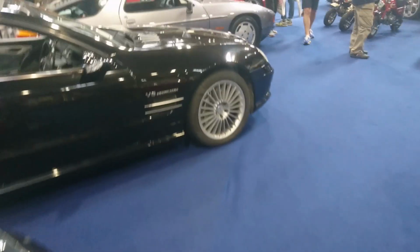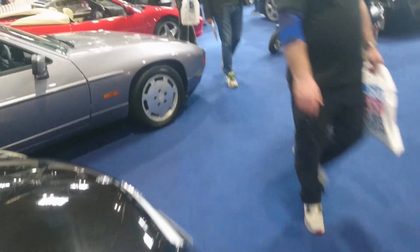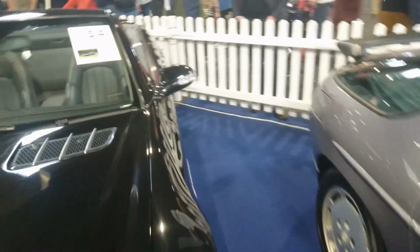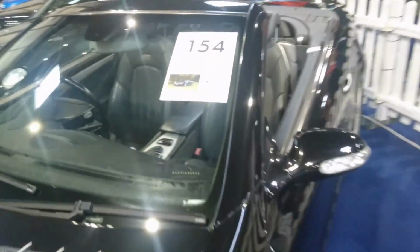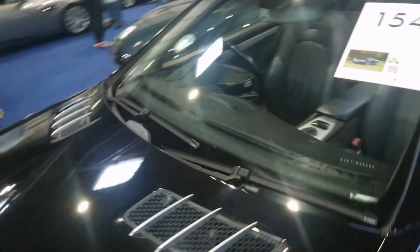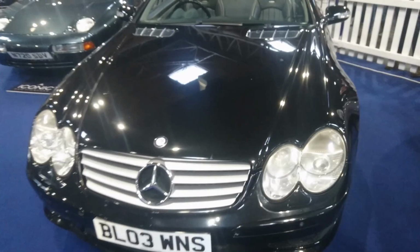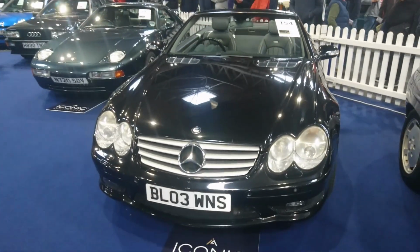And we've got Mercedes SL generation. I can't remember the model code for these. R230. There we go. 24 to 30,000 pounds. It's only done 29,000 miles. These I'd be afraid to own because they're so complicated, and sometimes they're uneconomical to repair if anything goes wrong. But